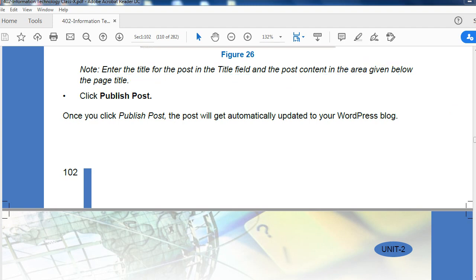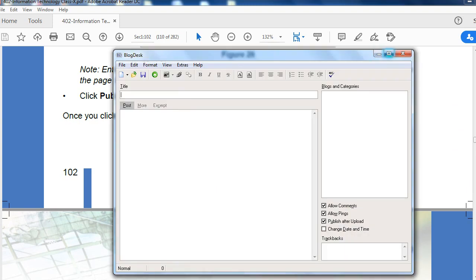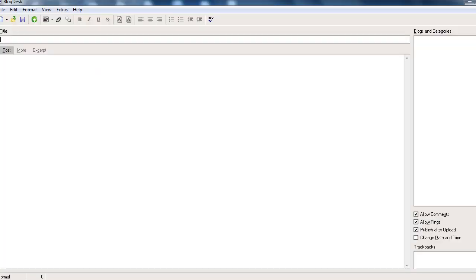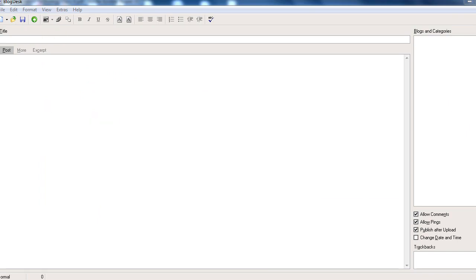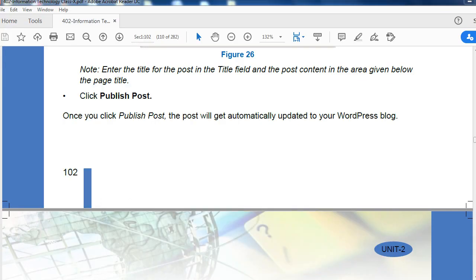In this Blogdesk interface also, you can see the title section, and then here, whatever content you want to write, you can. The same thing is written here also. Once you click publish post, the post will get automatically updated to your WordPress blog. Okay.